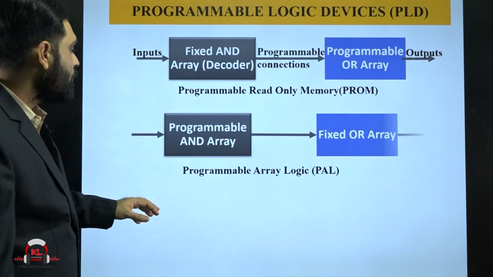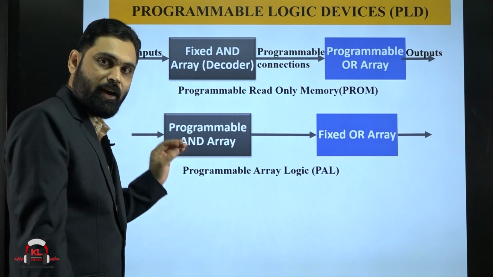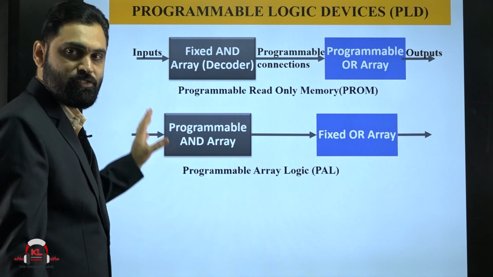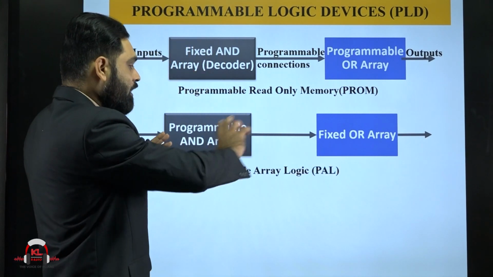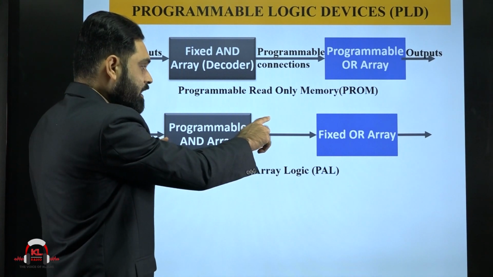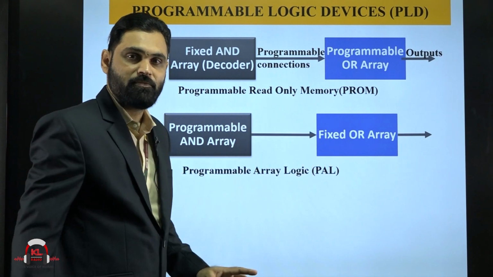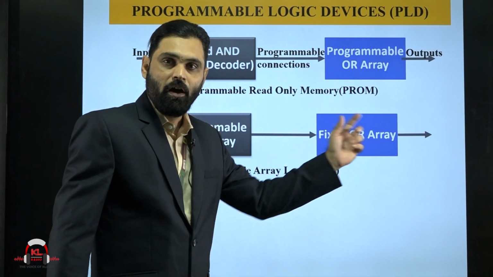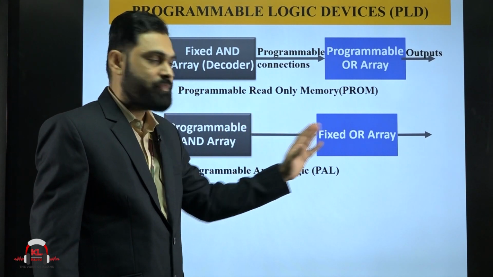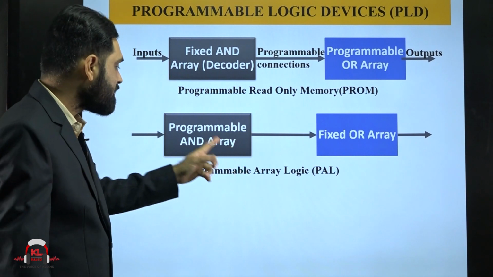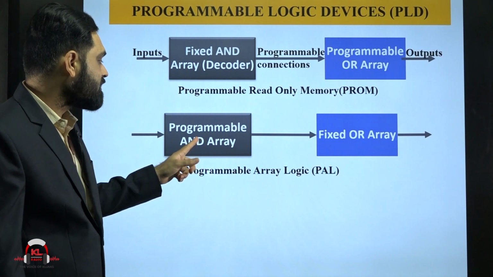In the next case, programmable array logic, the AND gate is programmable. On the input side you have the flexibility. AND gates you can connect anywhere, any type of connection. But OR gates are fixed. That means you have AND gate outputs, say 5 to 6 outputs. The first gate, fourth gate, fifth gate will be connected to one OR gate. That is fixed on the output side. You cannot make changes here. So OR gates are fixed to particular outputs of the AND gates, and you cannot change this. But what you can change is the input side: inputs can be connected to any combination, any location. That is the flexibility here.